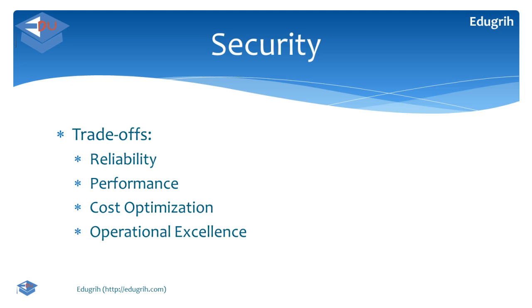Performance: with the latency entwined with security, and different aspects of security features, performance gets impacted. That's one of the trade-offs. Cost optimization: with all these additional security measures put in place, cost escalates and inflates, and that has to be addressed. That's a trade-off. Operational excellence again gets reduced because of the maintenance of all these different attack prevention measures which are put in place as security measures.